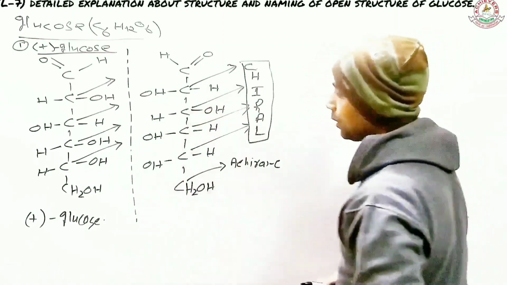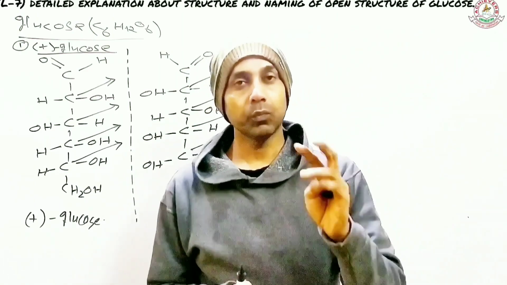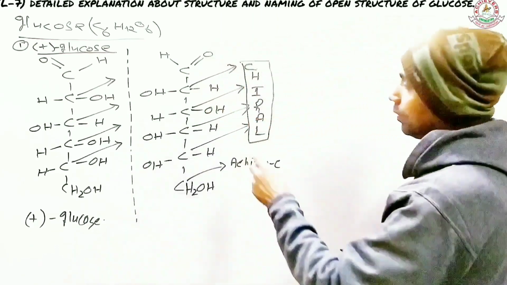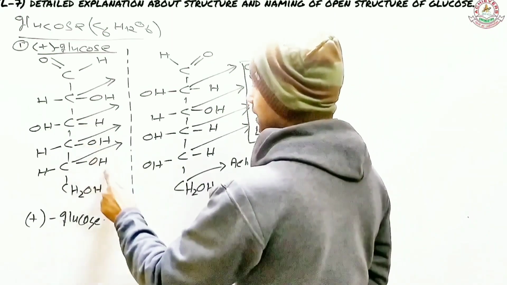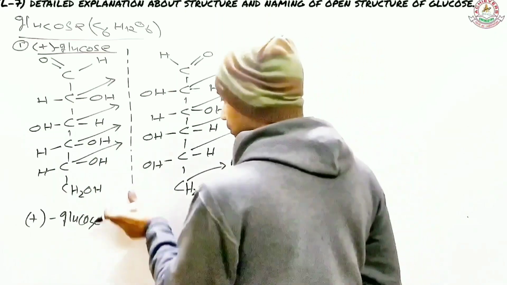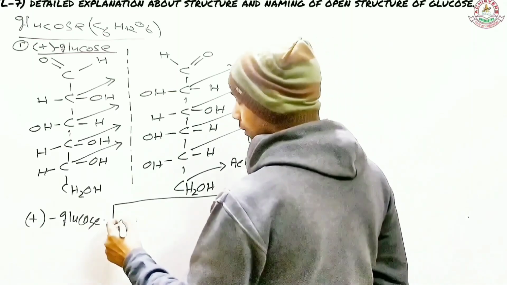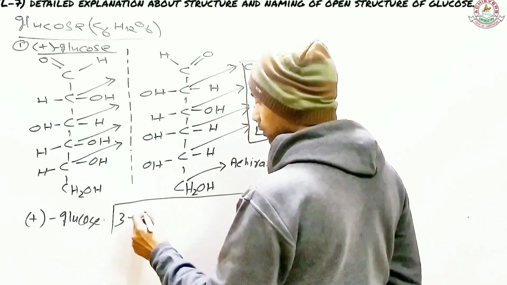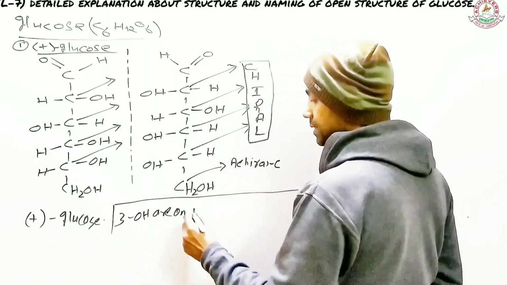So there are 4 chiral carbons, and we have to pay attention only to the chiral carbons to find out which one is dextro and which one is levo. Now pay attention: in the dextro, there are 3 OH on the right side, 3 OH on the right side, right? So should I write? Let me. 3 OH are on the right side,